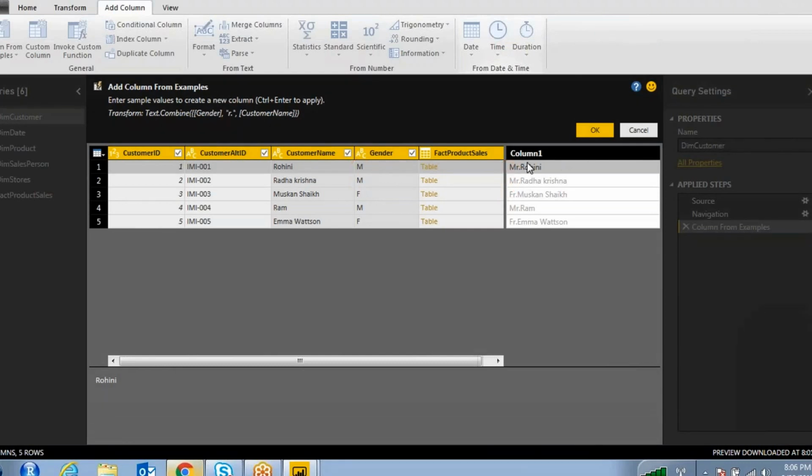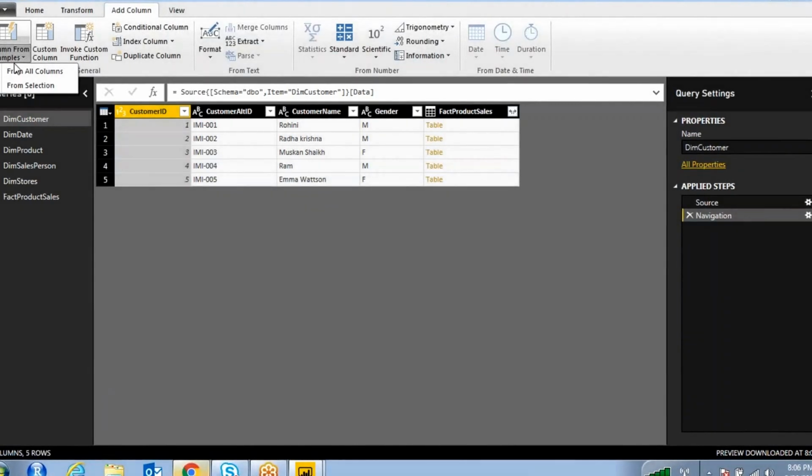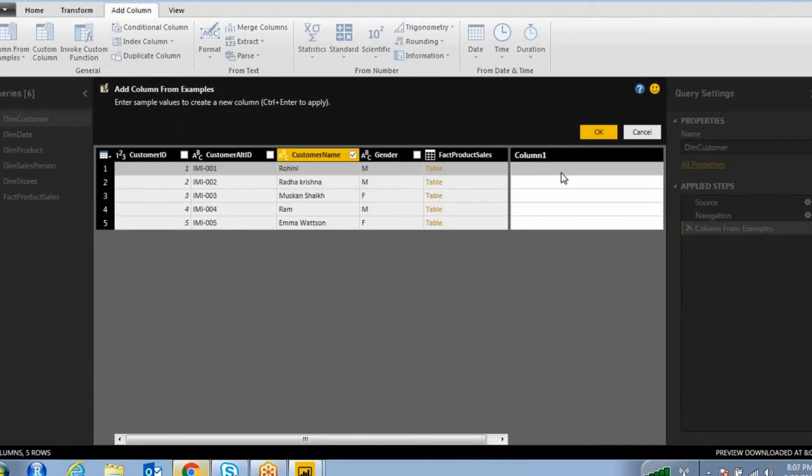Okay, so in that kind of scenario, what you can do is take the example from a particular selection. What selection? I want to select the customer name only, and use column from examples from a particular selection. So it will apply the intelligence on this particular customer name only.